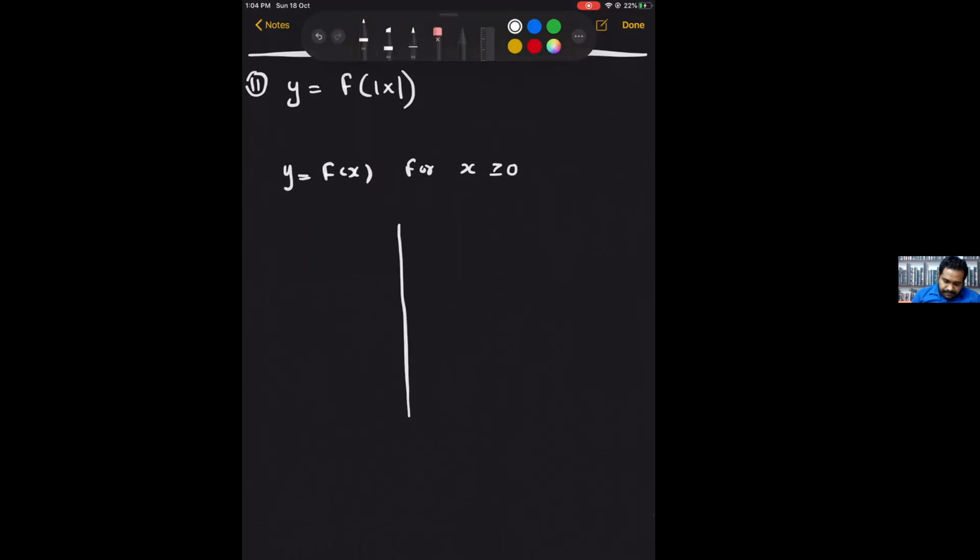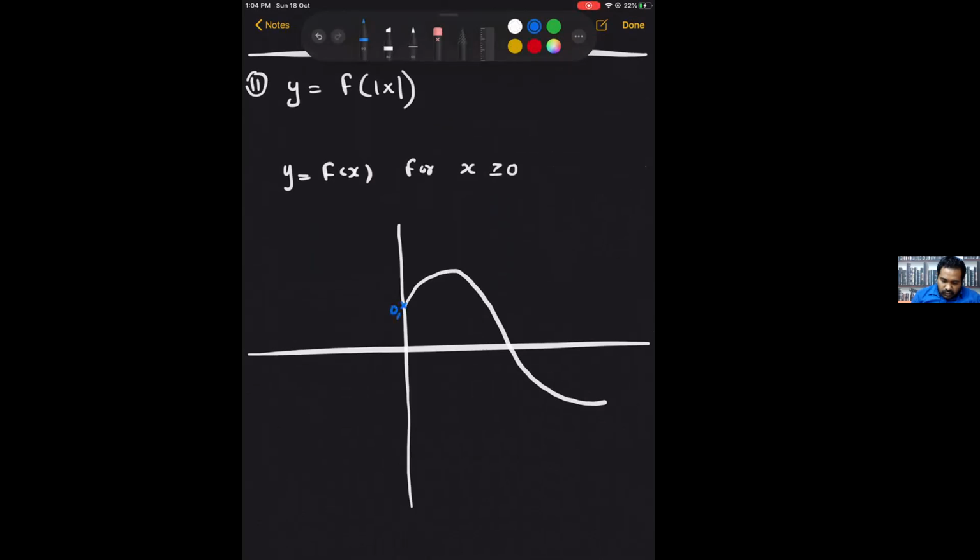So that means it passes through 0, 1, and this point, let it be 1.20, and this point is 30. Okay, so this is a graph for y is equal to f of x, where x is greater than or equal to 0. So if you want to draw the graph for y is equal to f of modulus of x,